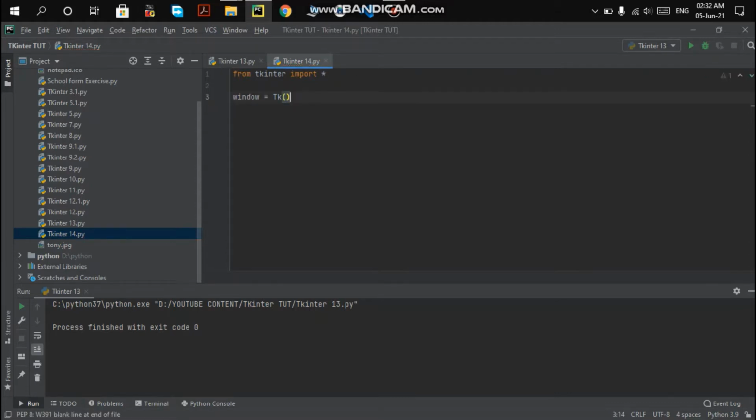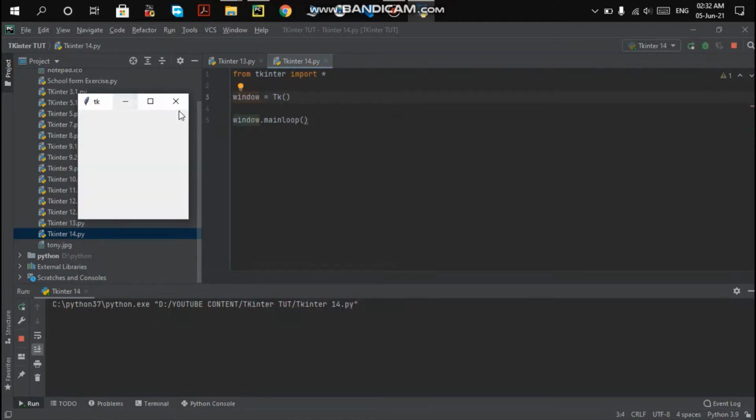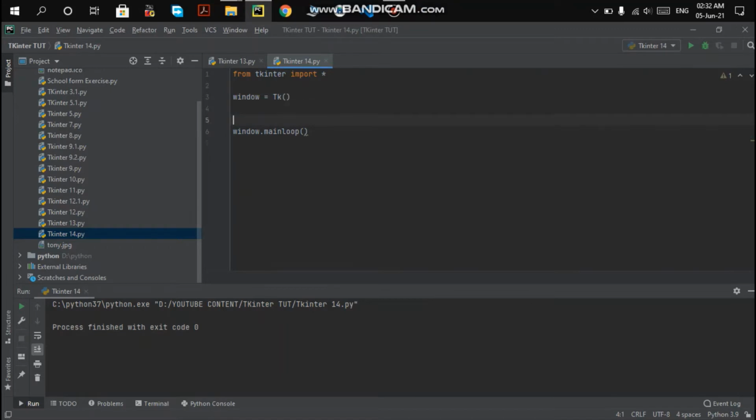And below that, we are going to give the main loop, so that it keeps looping until the window is closed. What the main loop does is loop your window until you press the cross button, the red cross button, on your window. When you run this, you get a base window of your application like this.